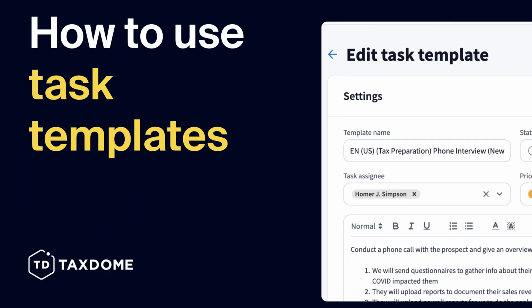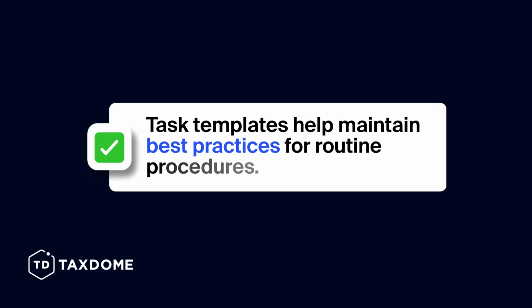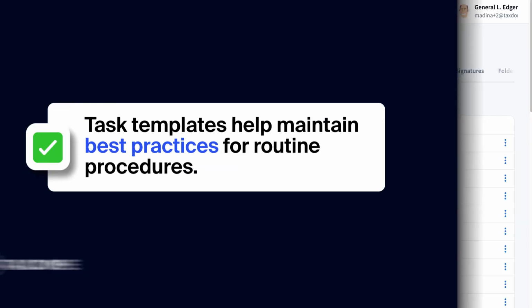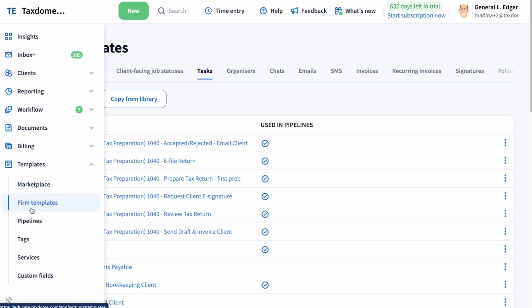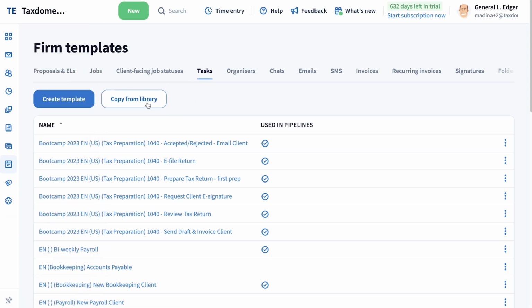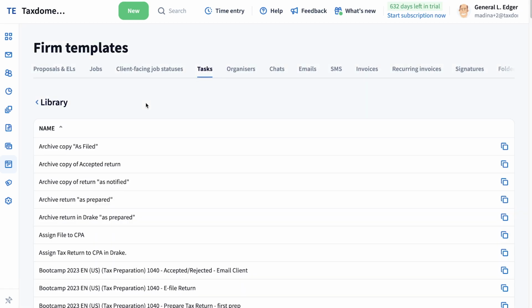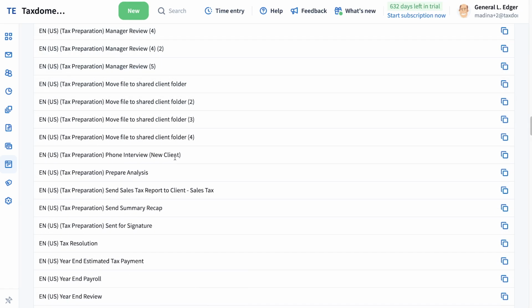How to use task templates. Task templates streamline processes and help maintain best practices for routine procedures. In the Task Templates tab of the Firm Templates section, you can create new templates or copy ones from our library. I will copy the phone interview template,